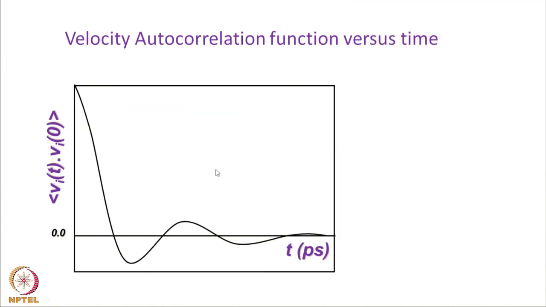Now, since we talked of the velocity autocorrelation function, let me also show you a picture of how it looks. The velocity autocorrelation function looks like this. I take the velocity at time 0, multiply by the velocity at time t, average over all particles, and then that average product is plotted as a function of time. When time t equals 0, it will be V0 squared, so the average of V0 squared will have some value, and as time goes on increasing, the new velocity will have less and less connection with the initial velocity.